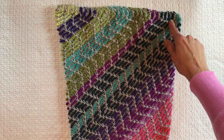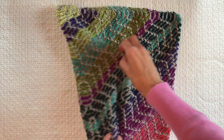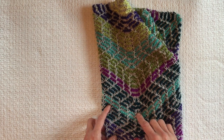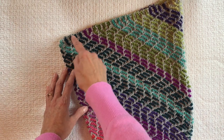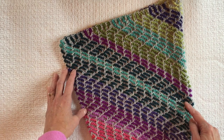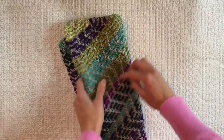We did a decrease along this garter edge, came down here to where marker B was, and we did a decrease there only if we were doing a right side row with the main color, not the contrasting colors. And then we knit way back up there, and then we turned and did a decrease up here. We did our wrong side row, knitting down here, working down this way from the wrong side, and then back up